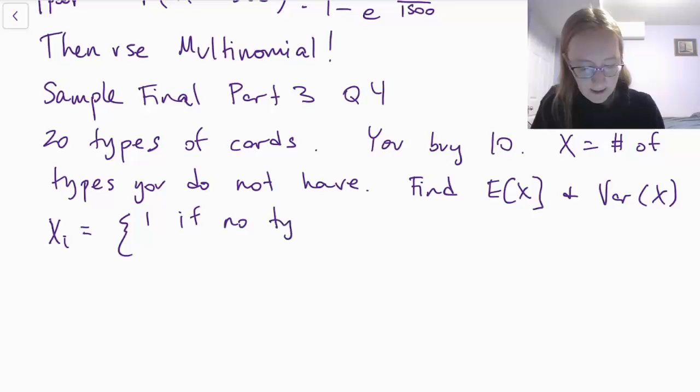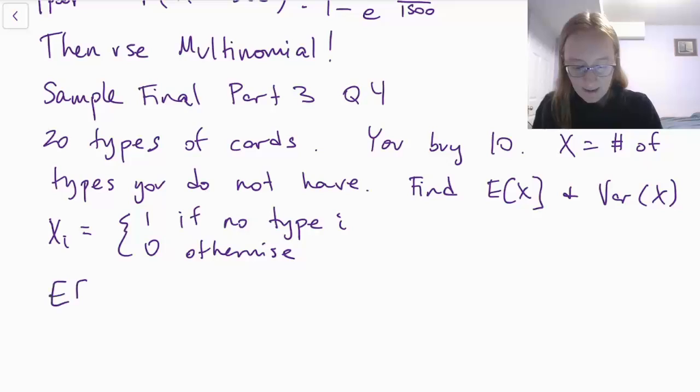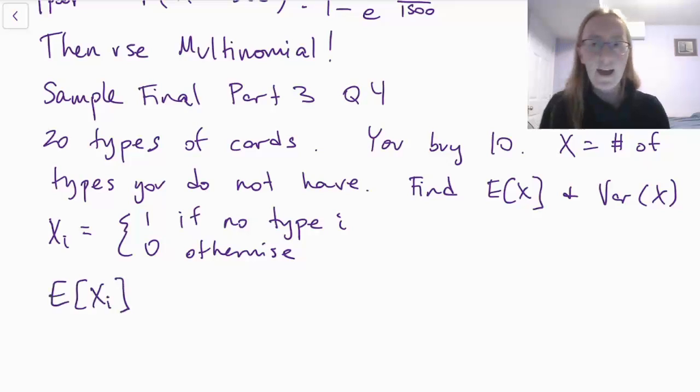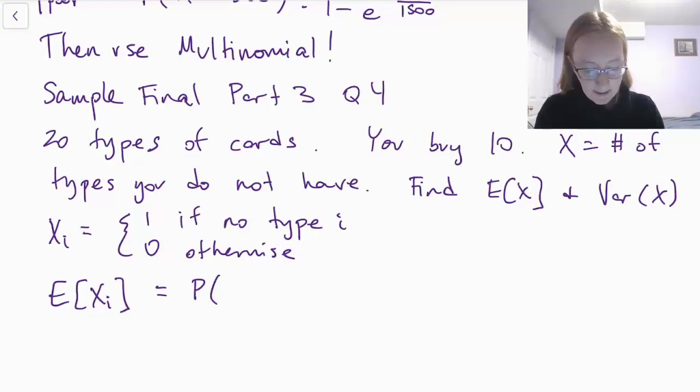So xi is 1 if there are no type I's, and 0 if you have at least 1. And so what you need is to find the expected value of xi. We just need the probability of that happening. Because it's an indicator variable, this is just the probability that there's no type I cards